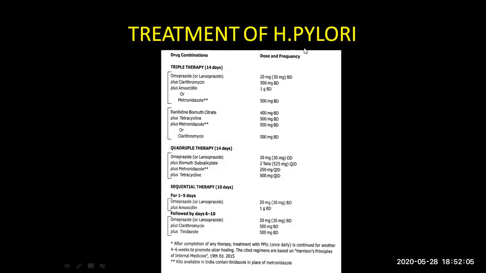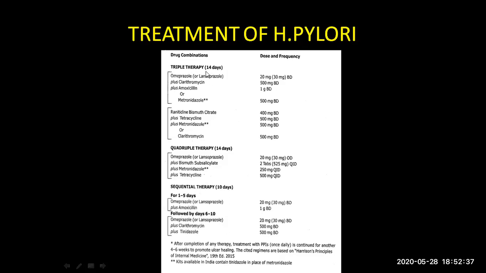So how do you treat H. pylori? There are various therapies and regimens, and initially there was a dual therapy which had a lot of adverse effects, and efficiency also was less. Therefore it is withdrawn and it is not used nowadays. So now we have three regimens here: triple therapy, quadruple therapy, and sequential therapy. Sequential therapy is the latest one with a very good efficacy rate of more than 90%.